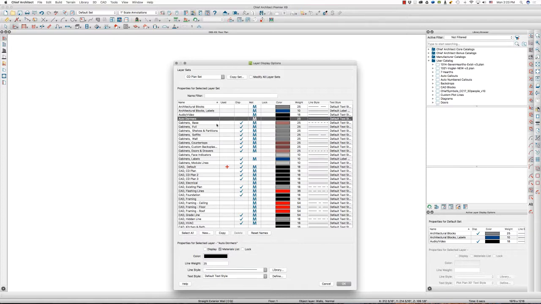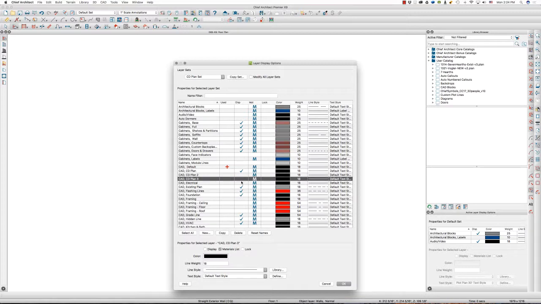Auto dormers can be off, cabinet base I want on, full I want on, shelves and partition on, soffits on, wall cabinets on, countertops on, custom backsplash can be on, doors and drawers can be on, labels I want off for now, module lines I want off, CAD default off, CD plan I want on, CD plan 2 I want off,